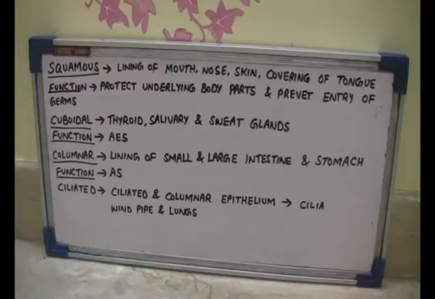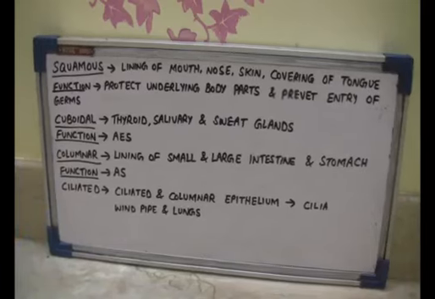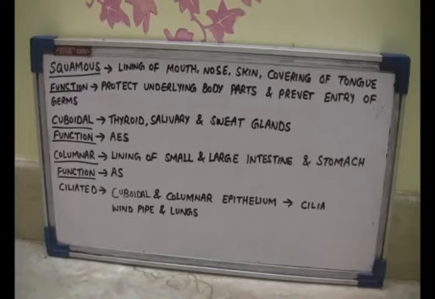Now the fourth one is the ciliated tissues. Now when the cuboidal and the columnar epithelium have thread-like cytoplasmic outgrowths in them, then these outgrowths are called cilia, and such type of epithelium is called ciliated epithelium. It means that the ciliated epithelium is actually the cuboidal and the columnar epithelium, but only with the hair-like projections called cilia. And these are found in windpipe, lungs, fallopian tubes.